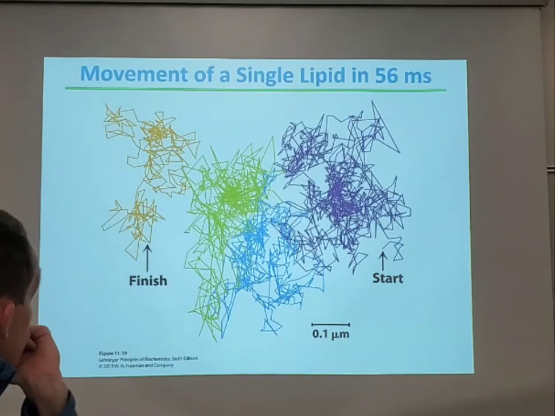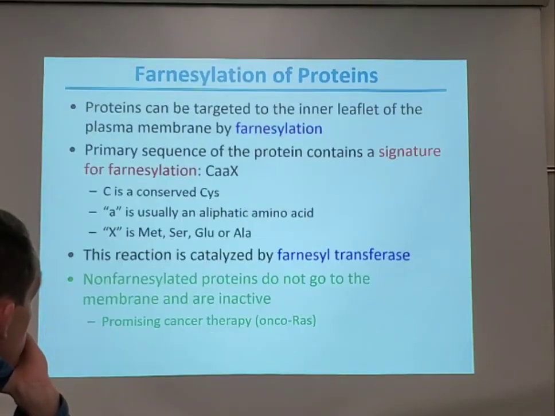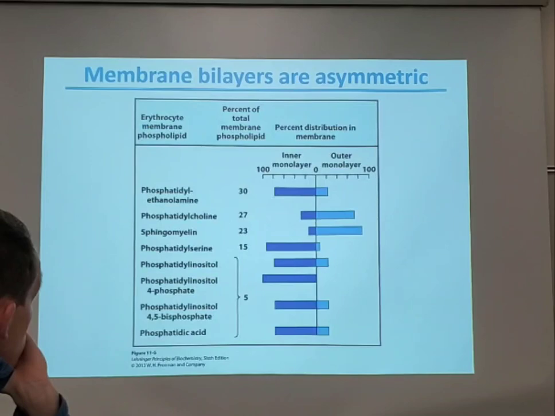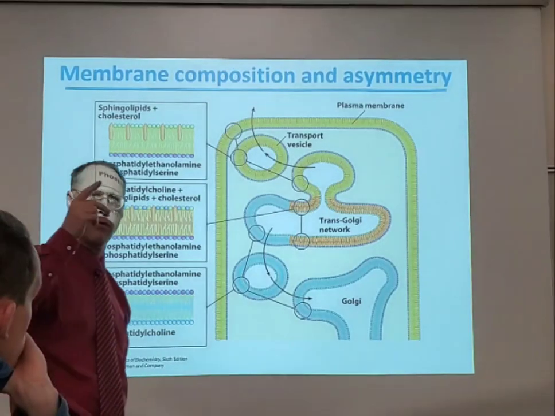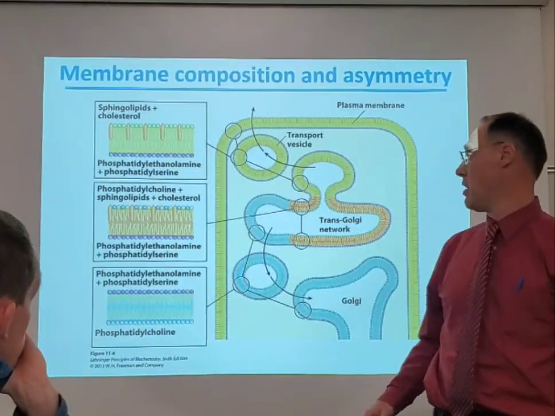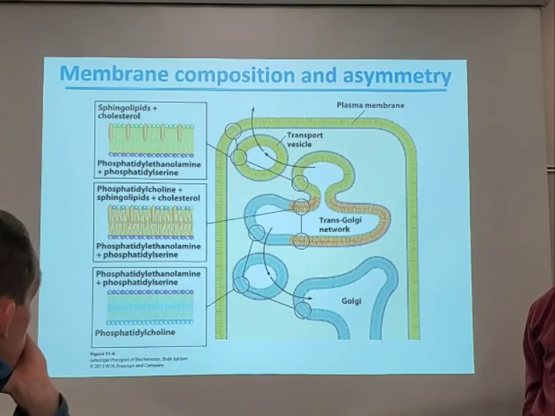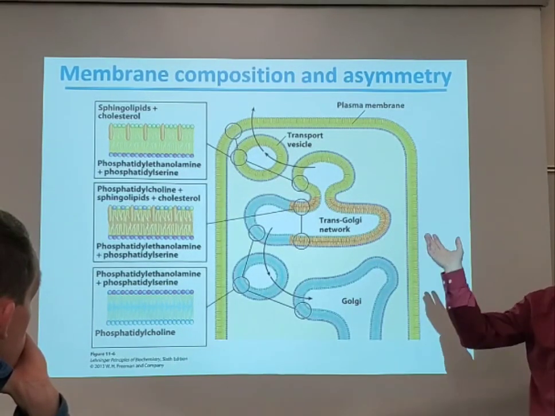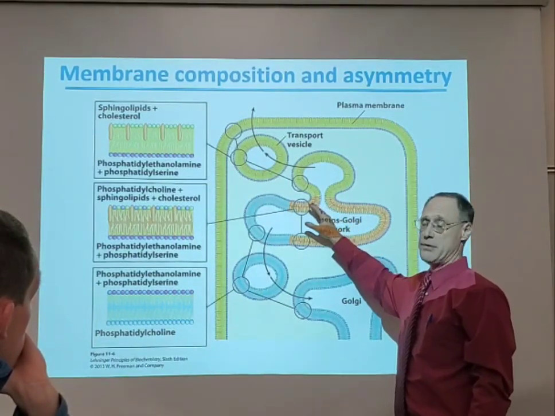Yes. So we talked about how the inner leaflet is different from the outer leaflet, and if you get the inner leaflet on the outside, then it goes through apoptosis. Or can. What I'm asking is, do we flip-flop all the time, or do we only do it when we want to? Naturally, you are moving things back and forth, but you have enzymes to control it. Even because that rate of crossing is slow, on the order of about half a day for one to actually just spontaneously switch sides. So you use enzymes to keep it there.